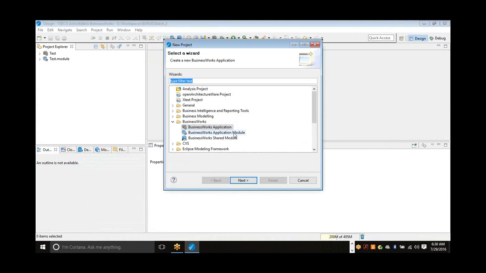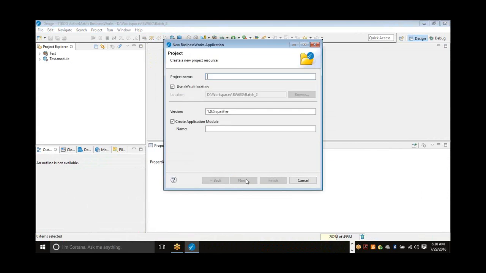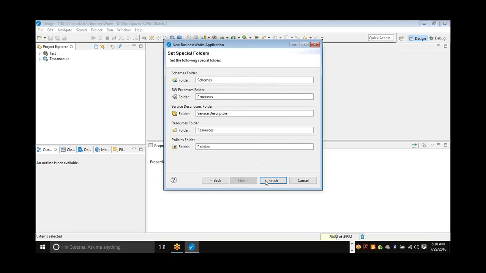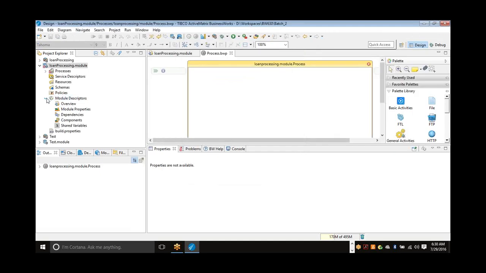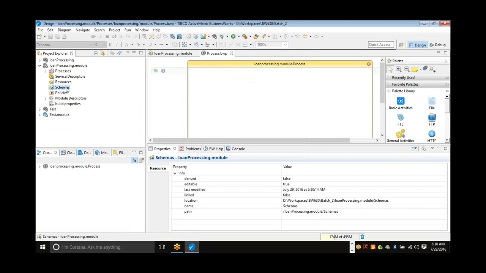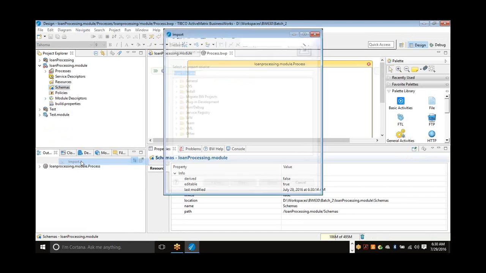I'm creating a new project with the name loan processing. And now go and import the schemas which are required for your application, your project. So right click on schema, import,